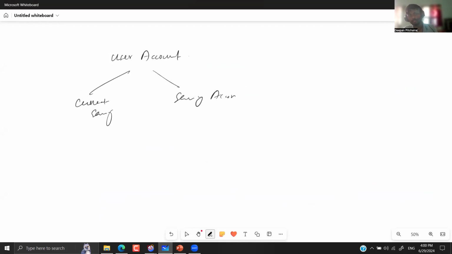So a savings account is basically for normal people, and a current account is for business people. But any account will have the name of the person, the contact address of the person, and the amount that is held in that particular account. All these things are very primary for having an account, right? So these attributes and methods will be put in the parent